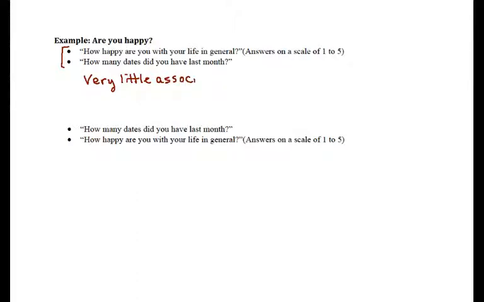And that word association we haven't formally defined yet, but you can imagine that what we're saying here is that somebody rating their happiness very high isn't necessarily likely to have a higher or lower number on the second question than somebody who had rated their happiness low, right? So that there's not any way to predict the answer of the second question from the answer to the first question. When we reverse the order of these questions, we provide a context, right? So in this order, this provides a context for the second question.